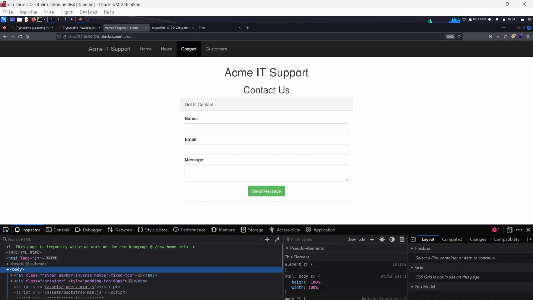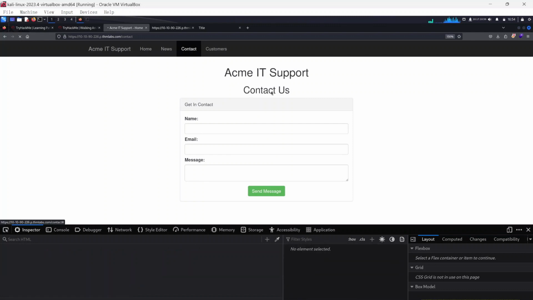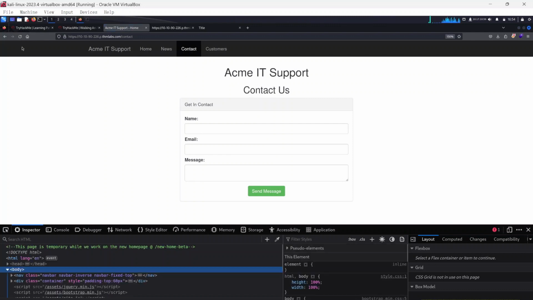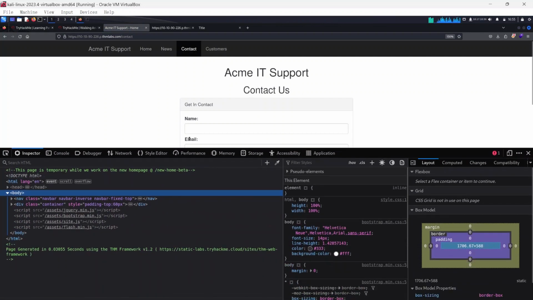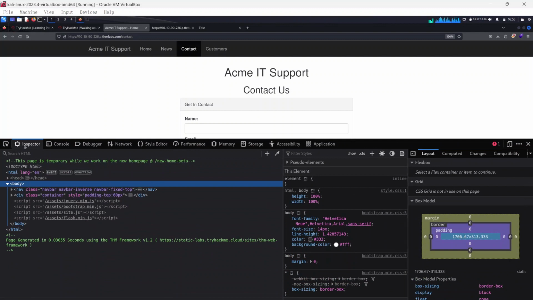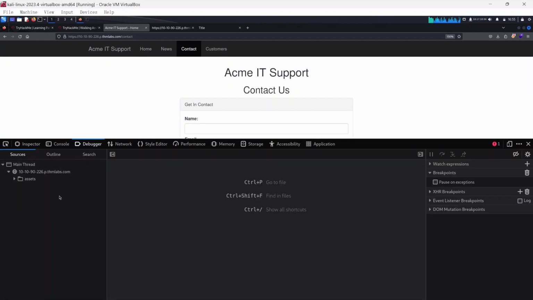Was that it? Click on that again. Yes, something showed here, a red flash. I'm going to do that again, and watch here. So it just showed. Okay, so that's it. I'm going to scroll this up a little bit, and we're not looking at the inspector anymore. We're looking at the debugger. When we click on the debugger, we're going to click on assets here, and we can see the